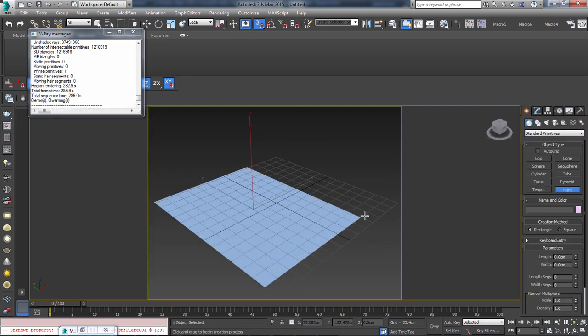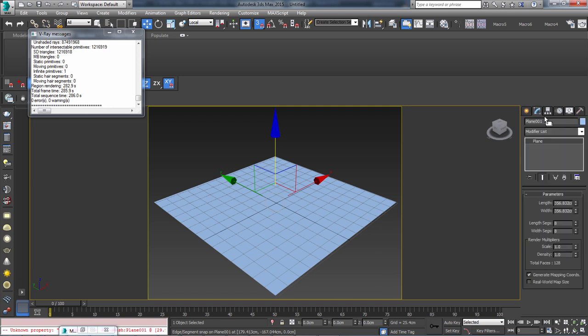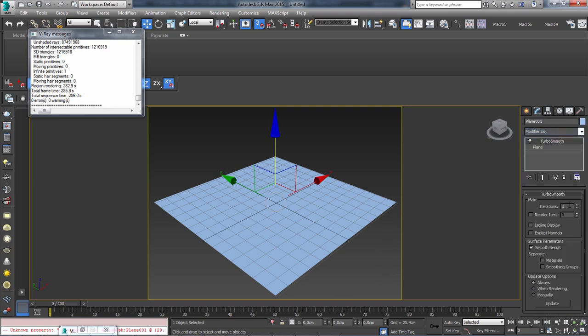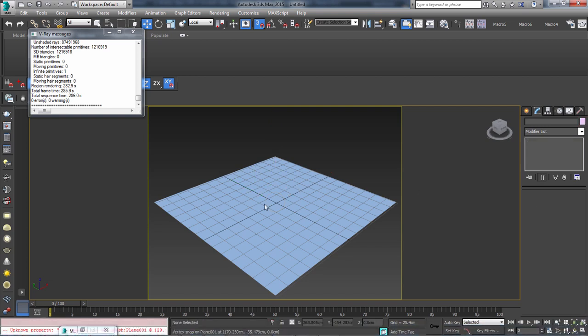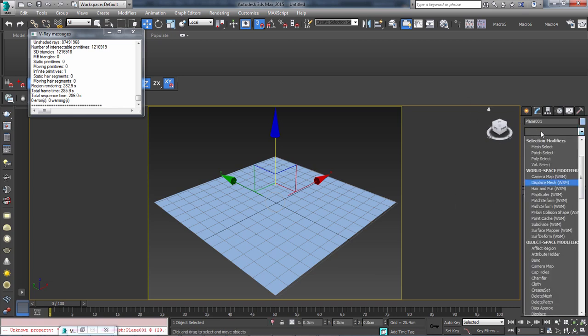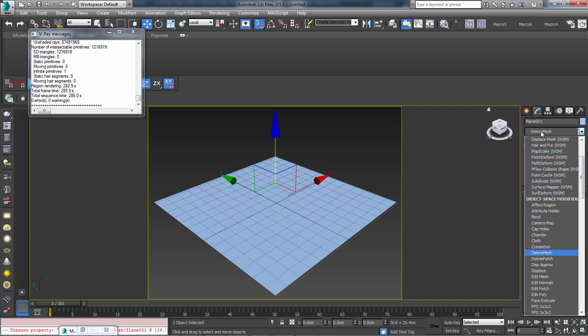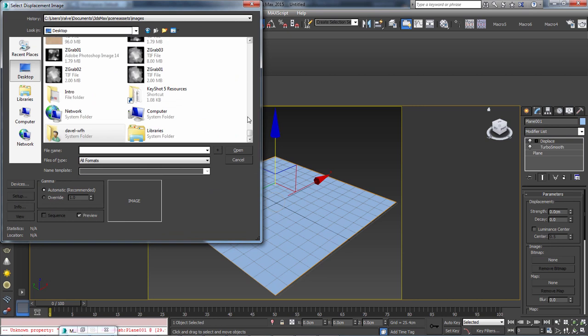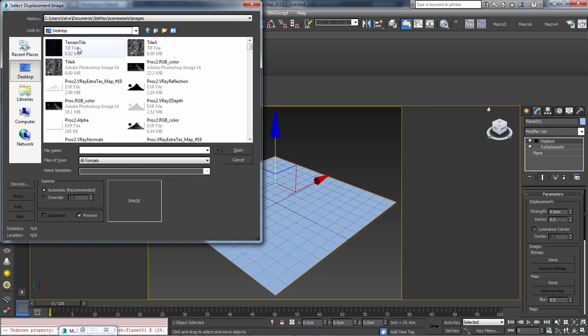Plane. Okay. Again, same general concept. Run turbo smooth on this guy. We'll probably do it 8 times or so. Maybe not, depending on how bad my computer wants to explode. Might have been a little much. Let's cut it down. Come on, I'm going to make it easier on you. Just let me get it through. Do 6. Okay. And then we'll do displace. Bitmap. And